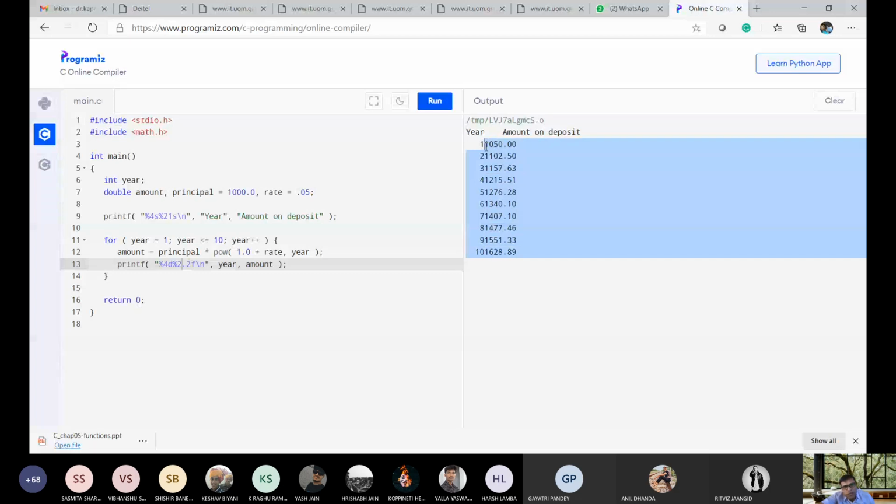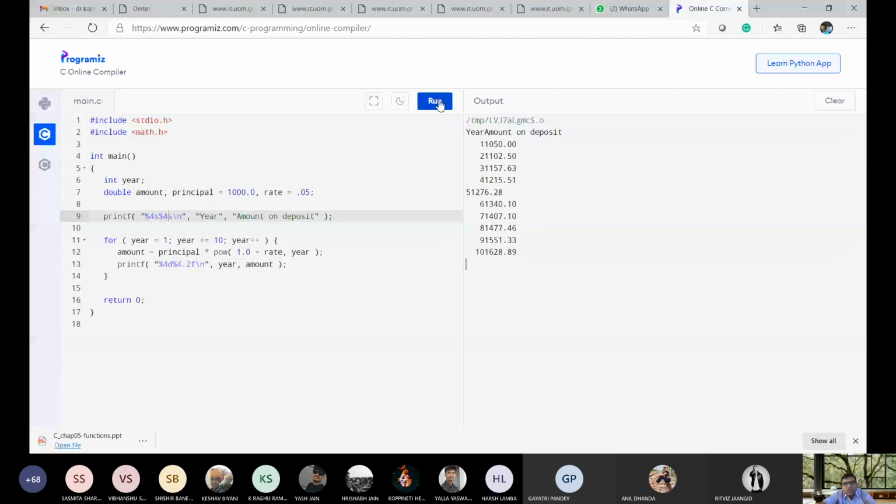So that's why be careful. If I'm writing 4, then what will happen? Let us see. And here also I'm writing 4, here also I'm writing 4. Then you can see here the amount on deposit. It will not give space after 4. Let me check for 5. With 5 also it will not give us a space. 6 also not giving any space.